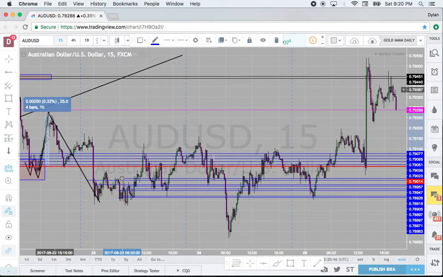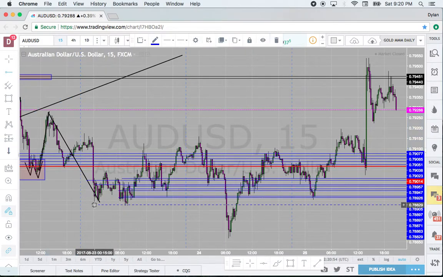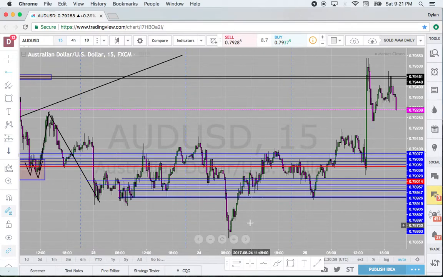Now, price came below the low of the previous day once again. You see here, it broke the low. Here's the low of that previous day. It broke below it for just about 2 hours and took maybe 1 or 2 buy positions if they were